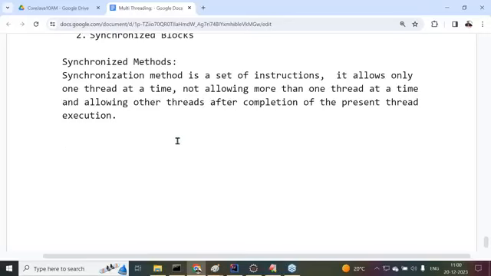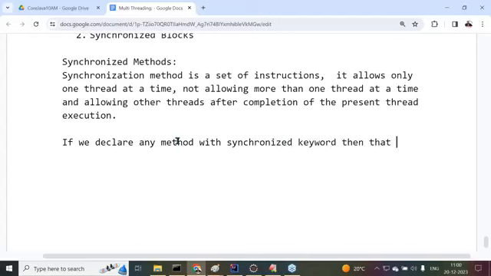Right, sir. How are we going to provide this synchronized method? If we declare any method with the synchronized keyword, then that method is a synchronized method.